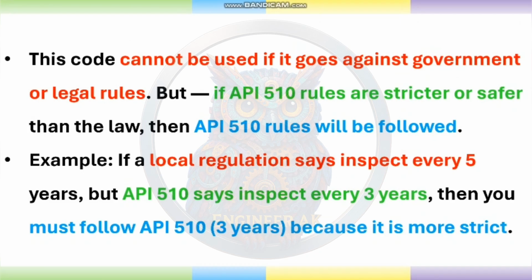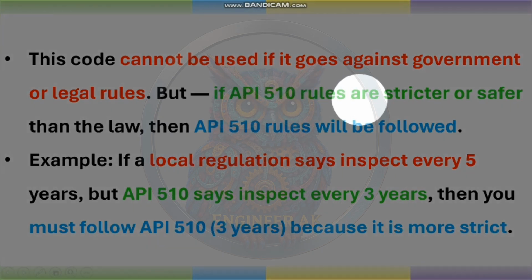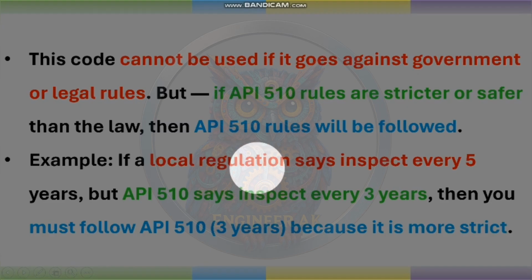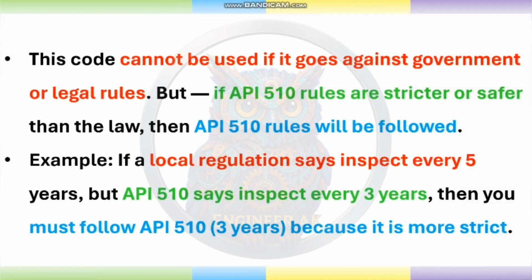But there is one exception. For example, if API 510 rules are stricter or safer than the law, then API 510 will take precedence. For example, if there is a vessel and the local regulation or government says that you have to inspect it every 5 years, but API 510 says that no, you have to inspect it every 3 years, then you must follow API 510. Why? Because it is safer. Its frequency is higher than the